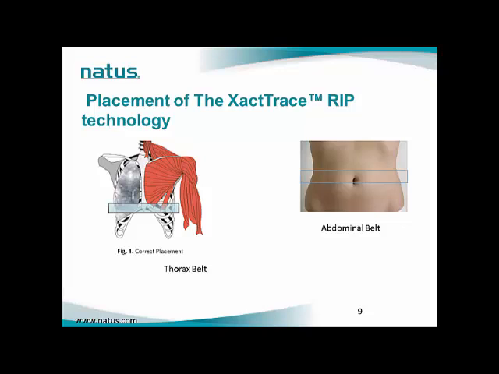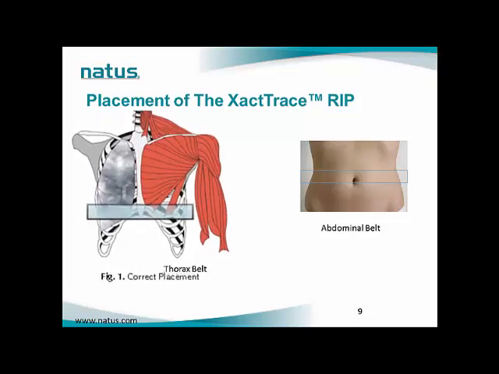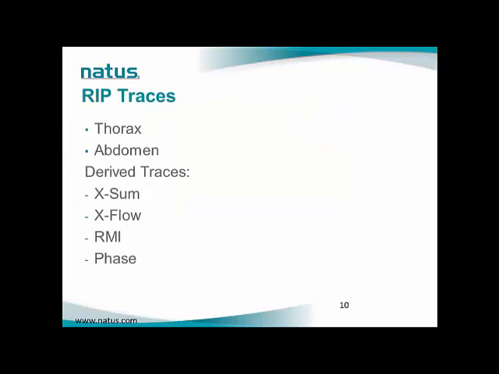The abdominal rib belt is to be placed on the umbilicus region. When we use the rib belts, the thoracoabdominal effort traces are recorded. RemLogic can also derive extra traces like the following: